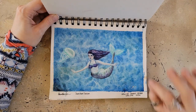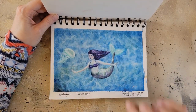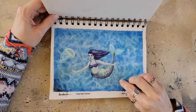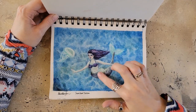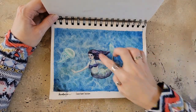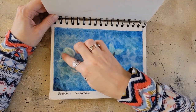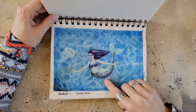So it is okay to use a water-based media over wax-based media when you are looking for a specific effect. But if you're looking to cover that wax-based media, that's not necessarily going to be archival because it does push the water-based stuff away, and I wanted that. So she is basically in colored pencil, and so is he, and then I did watercolor over it, so that